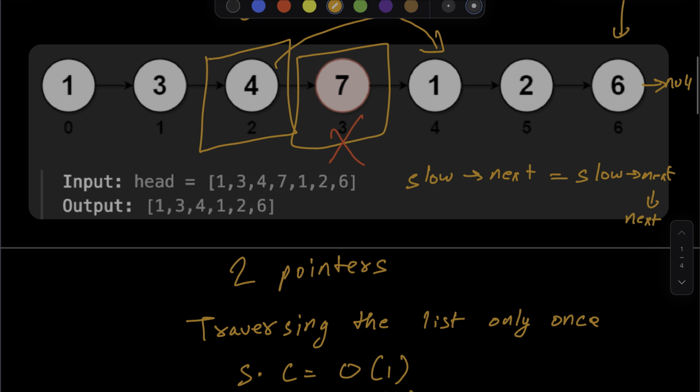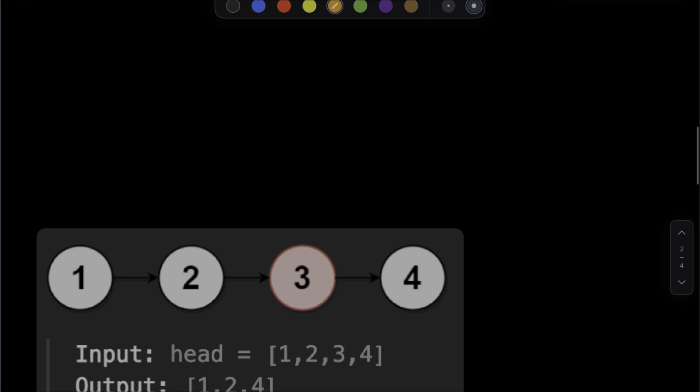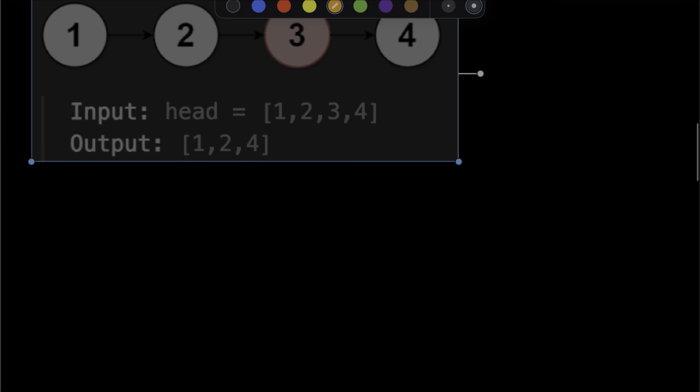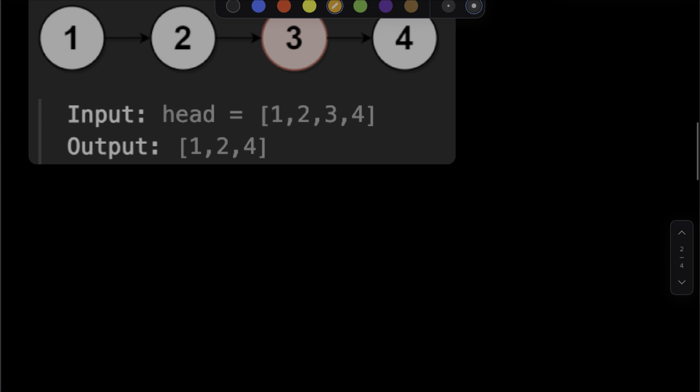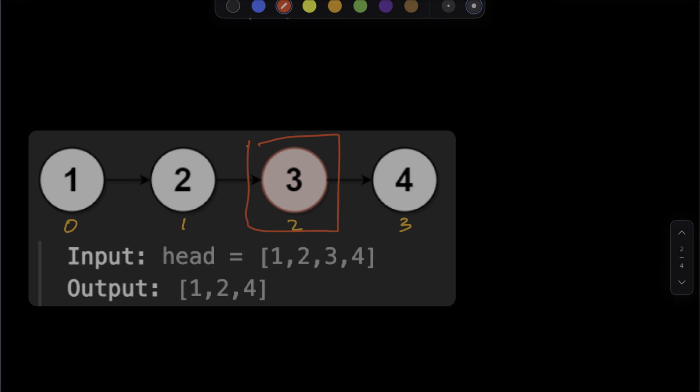So here we have seen that this is a linked list which has 7 nodes, which is odd. Let's quickly see an example where a linked list has an even number of nodes. For this linked list, I'll quickly mark it out. So basically 4 divided by 2 is 2, and we need to delete this node instead. So now what we have learned from the past is that slow will point to head and fast will point